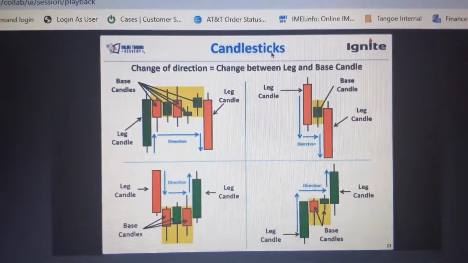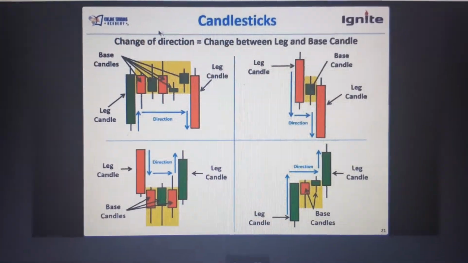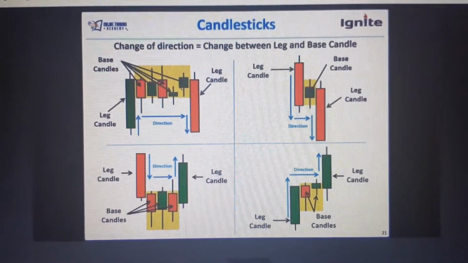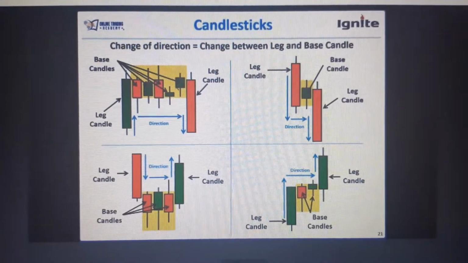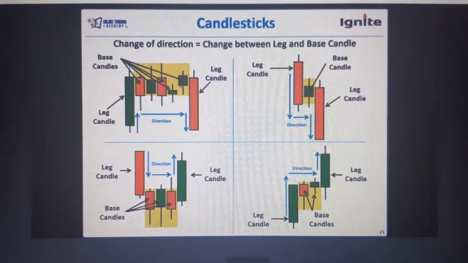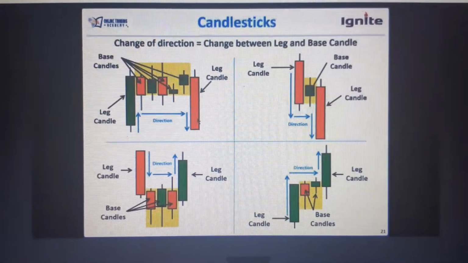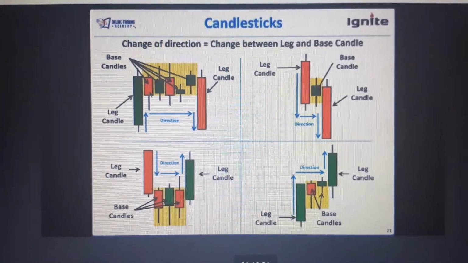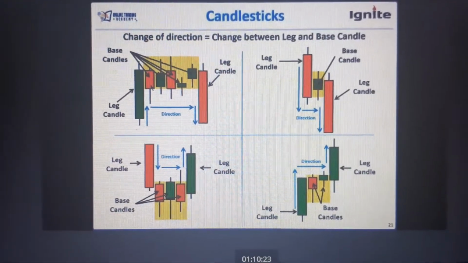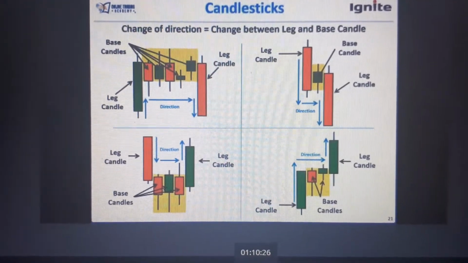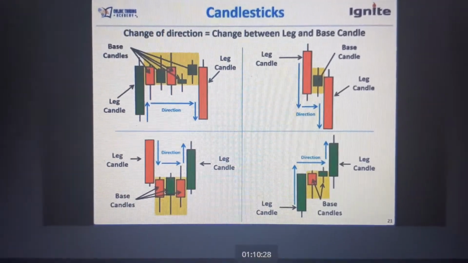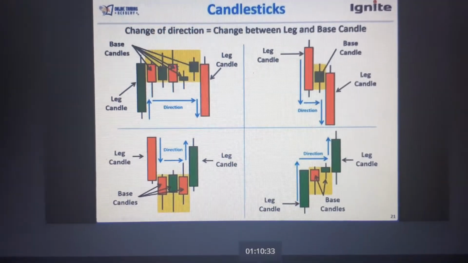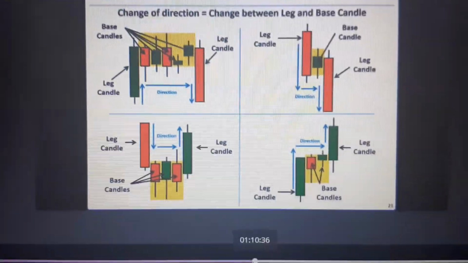Okay. So now, in front of you, what you need to do is identify the base and the leg candles. Now this will show you the exact picture of how your leg candles will look. As I told you, your supply and demand will be like your base candle in between your two leg candles. Can you see this yellow portion over here? So these are all base candles. Everybody agrees to this.